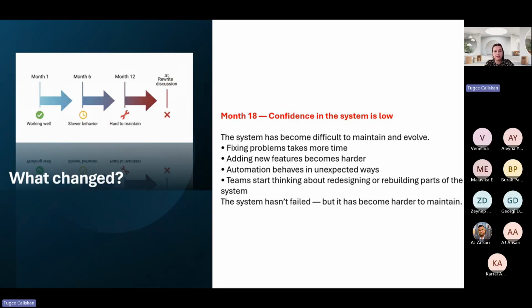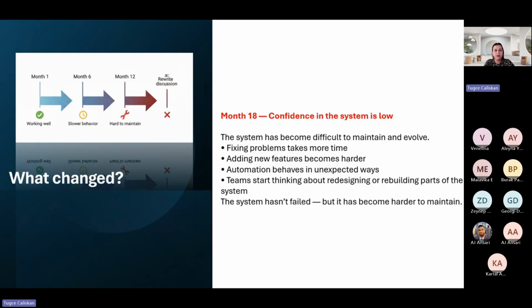This would happen if the system is not built in an ideal way, right? We would face an issue touching any components or dependencies built over time. So we would have a conversation at this point, and discussions about redesigning and rebuilding parts of the system begin. Not because the platform has failed.